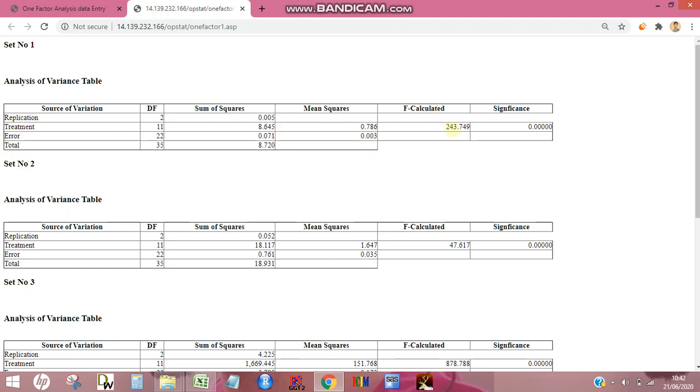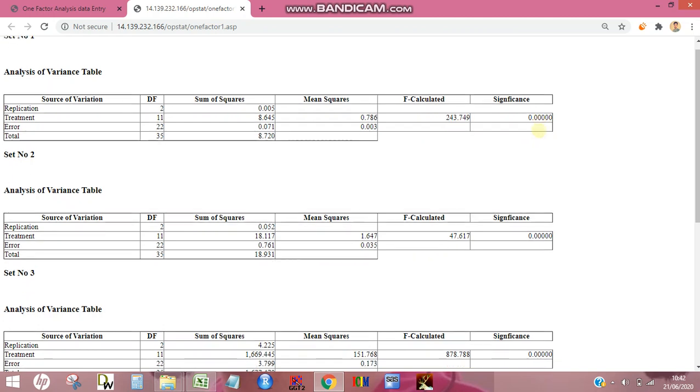So here we have 243.74, which is higher than the table F value, and we can also find out through the significance value. This is the probability value. Whenever this value is less than 0.05, it is significant at 5%. If it is less than 0.01, it is significant at 1%.